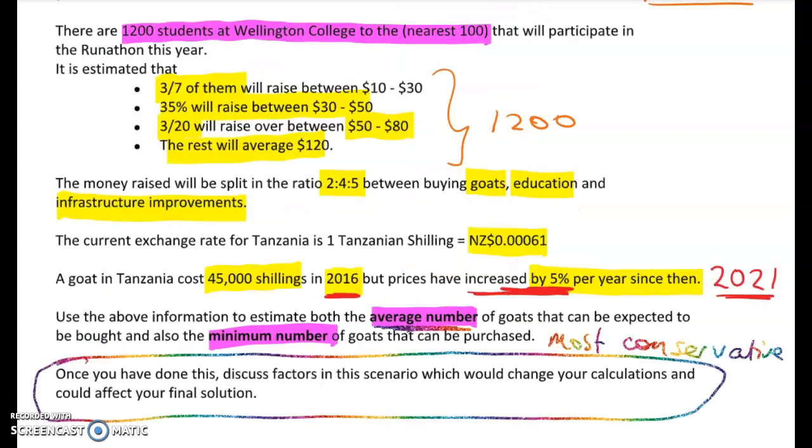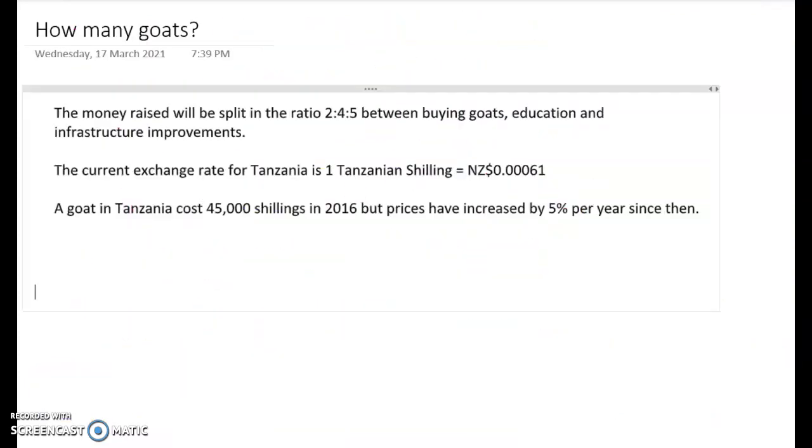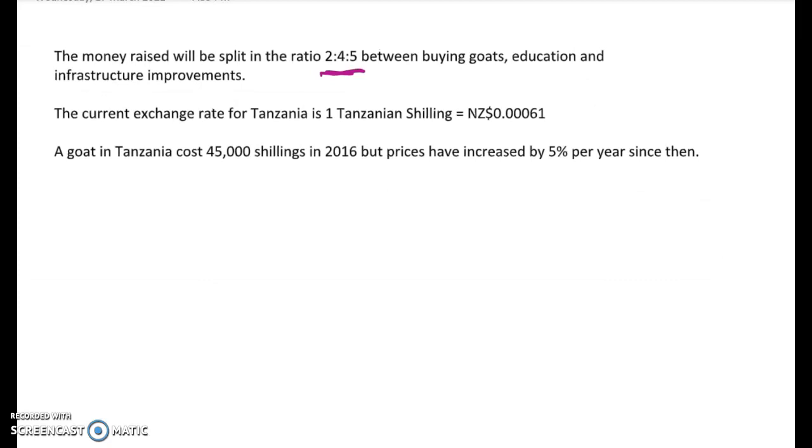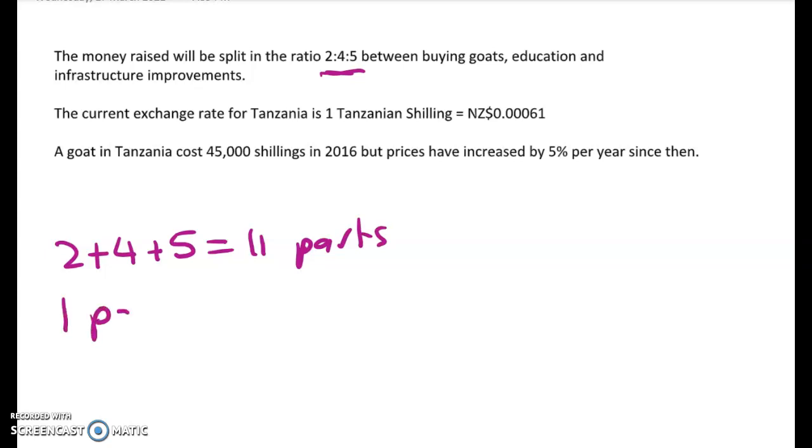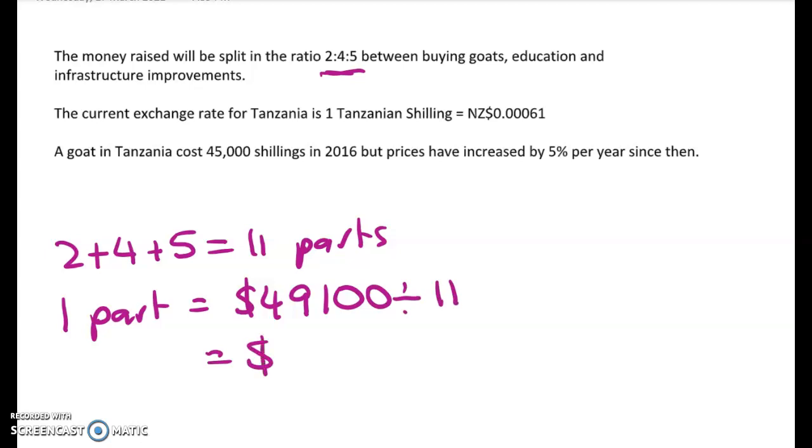Now we go back to the problem and we see that we have to figure out how much of that is going to go on goats and then how many goats we can buy. Okay, the money raised is going to be split in this ratio. So altogether we've got 11 parts. We add them up. Two ways to do this. One part will be the total donations divided by 11, and that gives me $4,463.64. So here we know that goats is 2 parts,